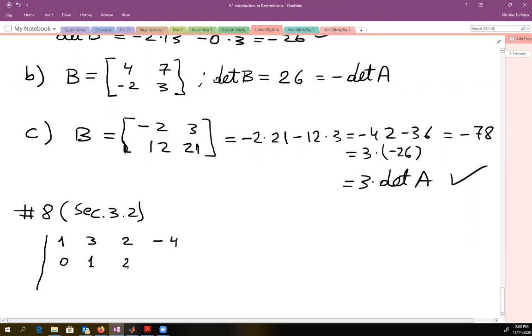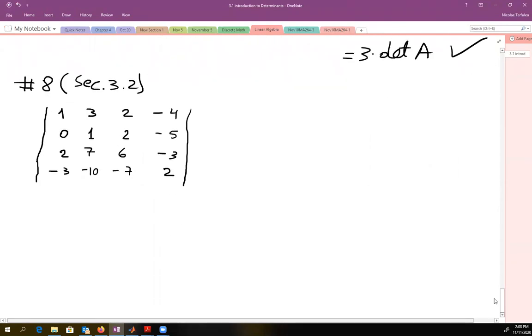And we can do those operations because determinants have those 3 nice properties, and that helps a lot. So this is okay. 2. See if I missed any entry or I make an error. So this is negative 3, negative 10 here, negative 7, and 2. All right. So we want to bring the corresponding matrix into the upper triangular form. And then we know that the determinant of an upper triangular matrix is the product of the elements on the main diagonal, right? Okay, so this equals,